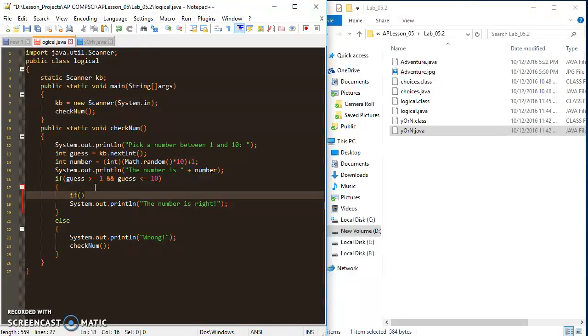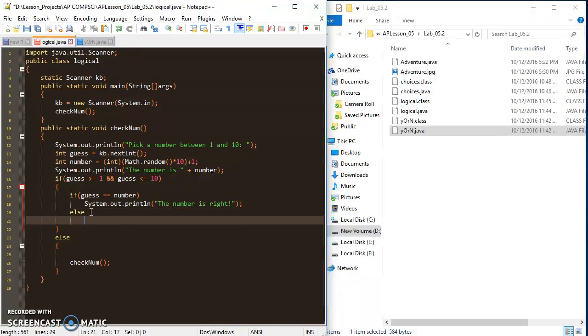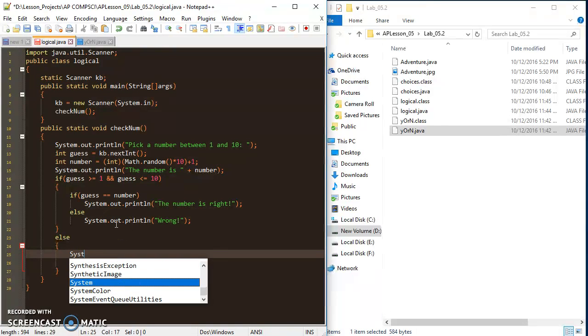So this is actually a third nest inside of this conditional logic, and I can say if guess equals number, then I print out System.out, and if not, I'm going to print this here. Let's go else. I'm going to print that. And then in this else here, I'm going to say System.out.println,